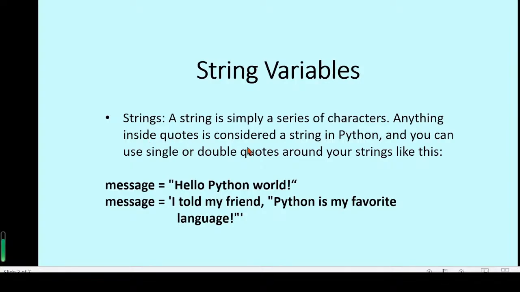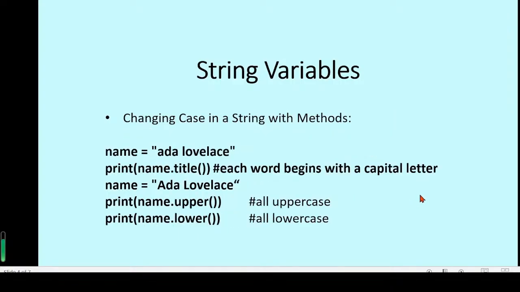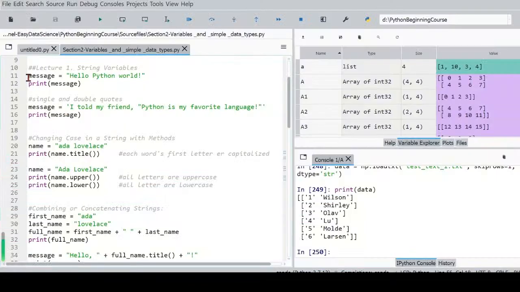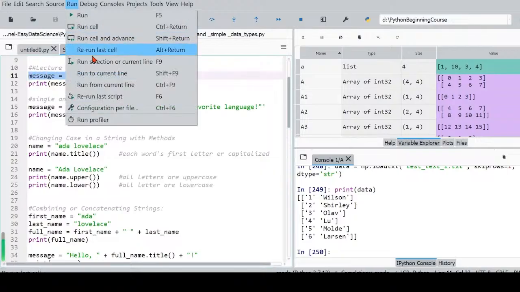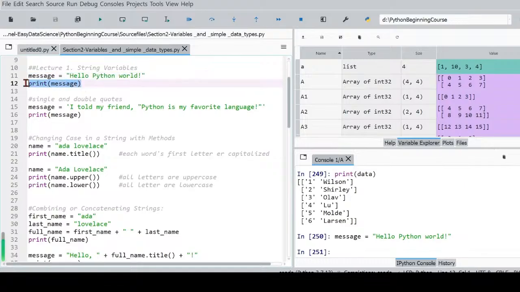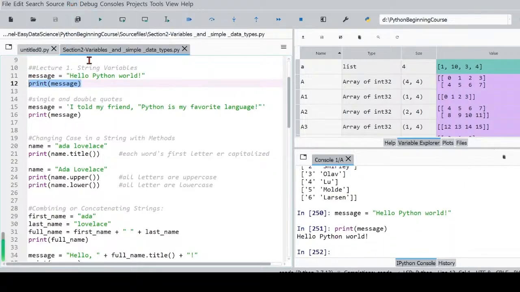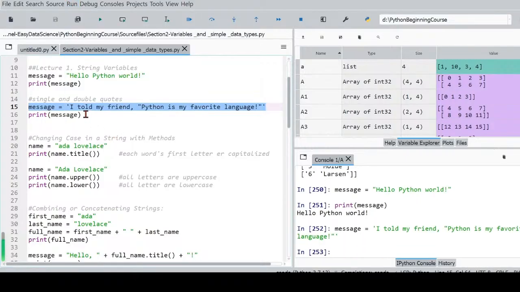Anything inside quotes is considered a string in Python, and you can use single or double quotes around your strings like this. So this is a string inside double quotes, and this is also a string inside single quotes, but there are also double quotes inside the single quotes. So this is a string message, and we can print this string, hello Python world, and this is also a string. We can also print